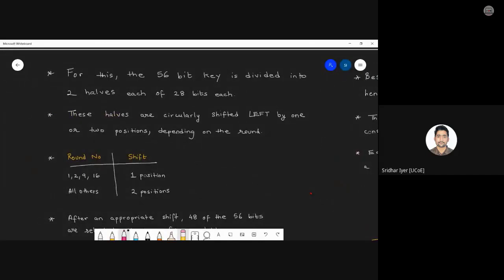These halves are circularly left shifted by one or two positions depending on the round number. I have already shown over here that if the round number is 1, 2, 9 or 16, there will be a circular shift of one position. Suppose these are the keys, this is a 28-bit key, this is the next 28-bit key.